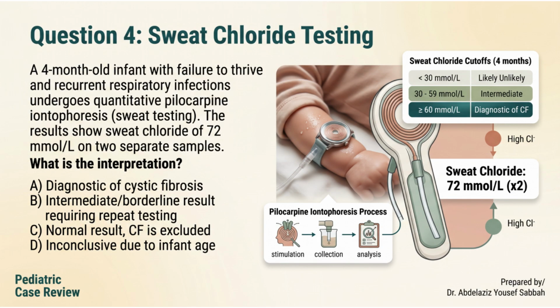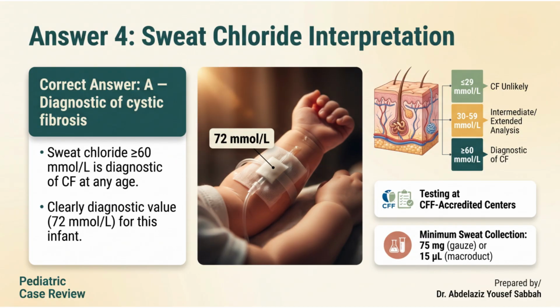Question 4. A 4-month-old infant with failure to thrive and recurrent respiratory infections undergoes a sweat test using quantitative pilocarpine iontophoresis. The results show a sweat chloride of 72 millimoles per liter on 2 separate samples. What is the interpretation? Option A, diagnostic of cystic fibrosis. Option B, an intermediate or borderline result requiring repeat testing. Option C, a normal result, so cystic fibrosis is excluded. Option D, inconclusive because of the infant's age. The correct answer is option A,